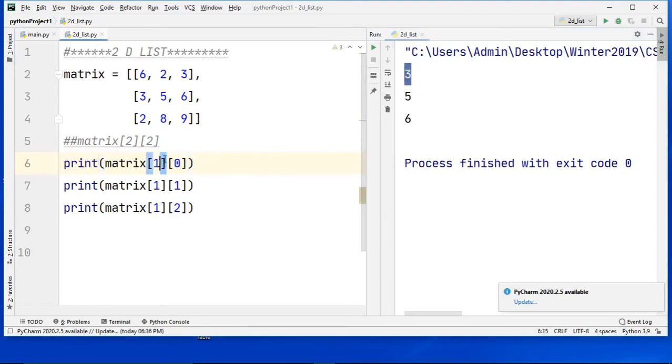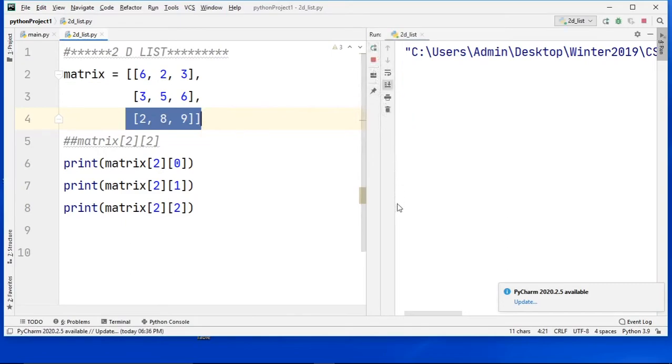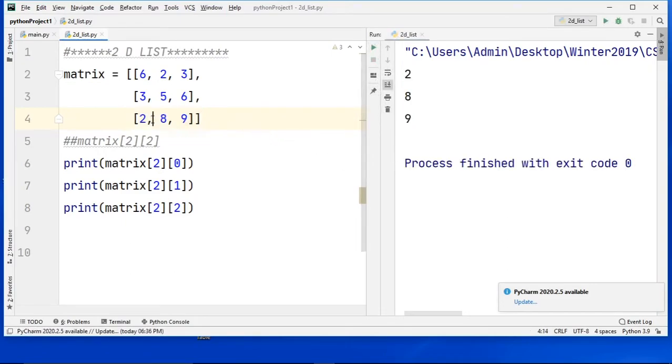Similarly, you can also change the row index to 2, because the maximum row index is 2: 0, 1, 2. Let us run it. 2 0 is printing 2, 2 1 is printing 8, and 2 2 is printing 9.